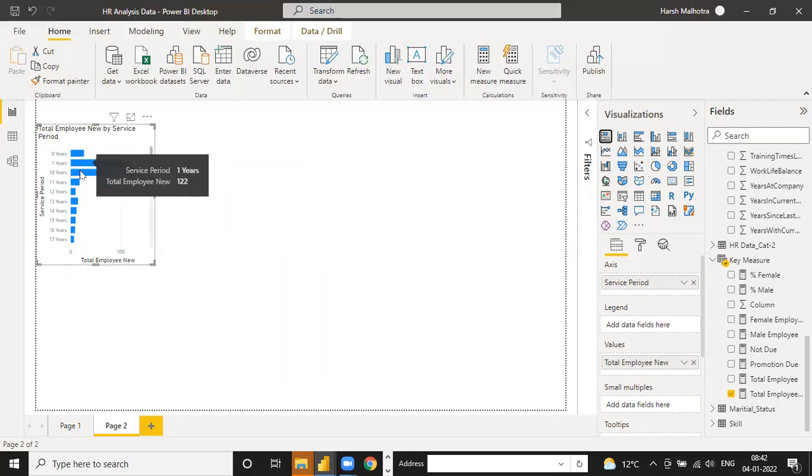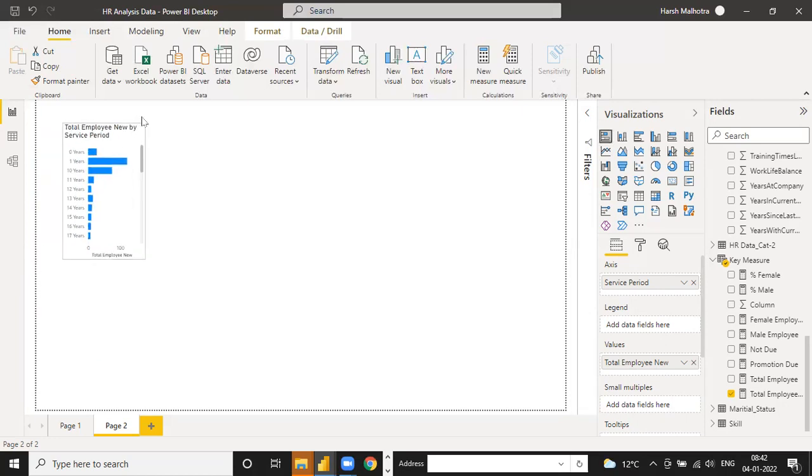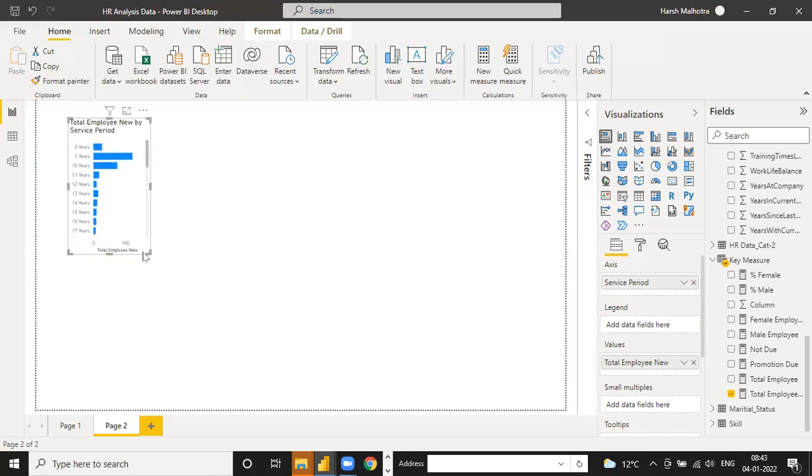You can drag and drop. Like this way your chart graph is ready, and you can make it a little bigger or a little smaller as well. And also tomorrow I will tell you how to make a range. Range-wise means 0 to 10 how many employees, 11 to 20 how many employees. So tomorrow I will do it with you. So any other question, guys, you can tell me. Otherwise we should close the session for today and start again tomorrow.